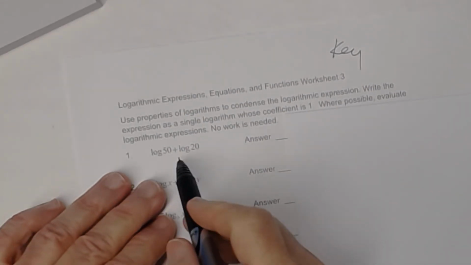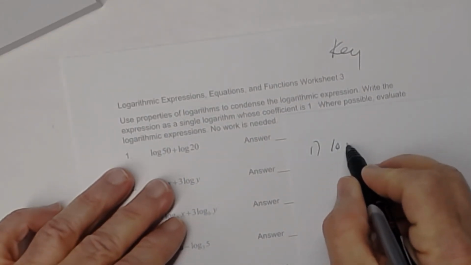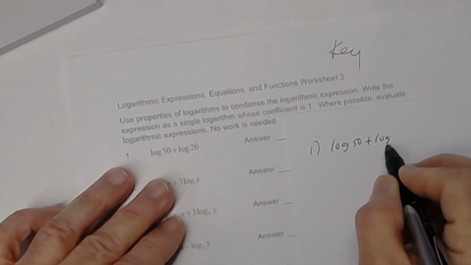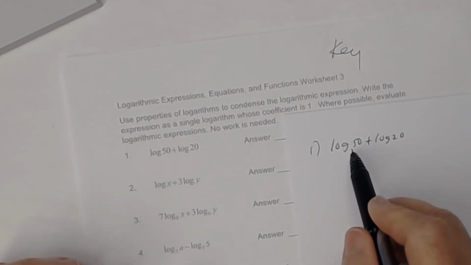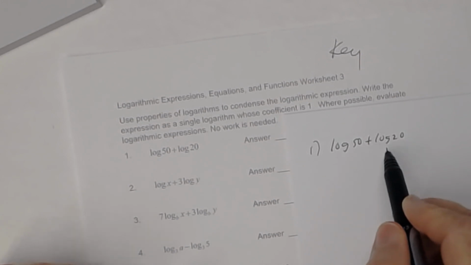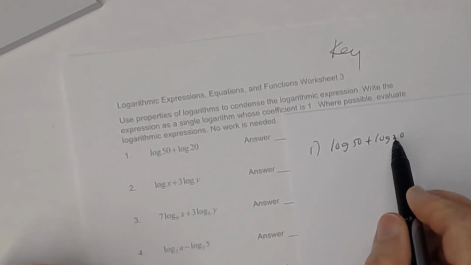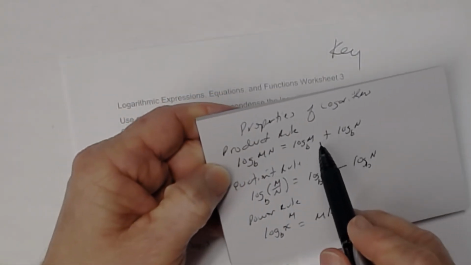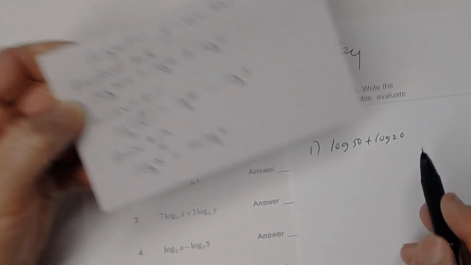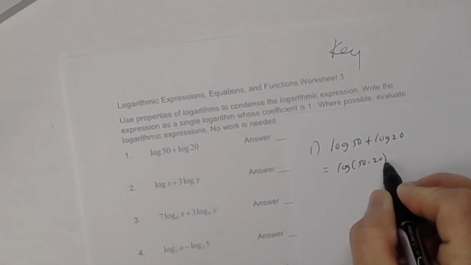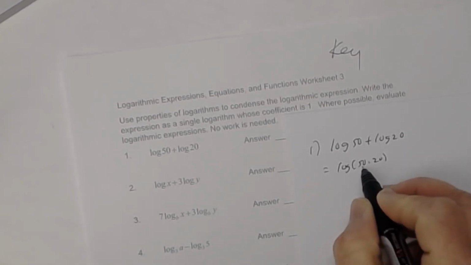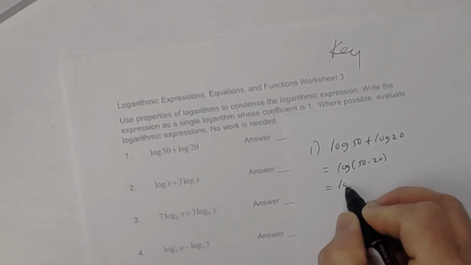All right. Now, let's look at number 1. We have the log of 50 plus log of 20. First of all, I want to write this as a single logarithm. Notice the bases are the same. The base is 10, so this is a common logarithm. According to the product rule, since we have a sum, I can write this as the log of the product of the arguments. So it becomes the log of 50 times 20, and then 50 times 20 becomes, so it'll be the log of